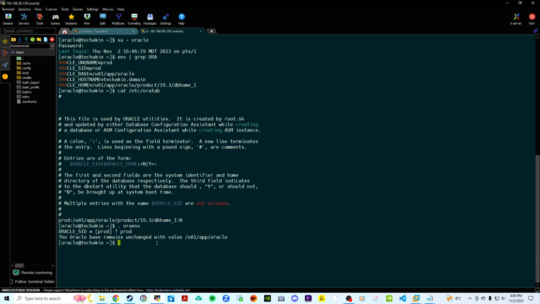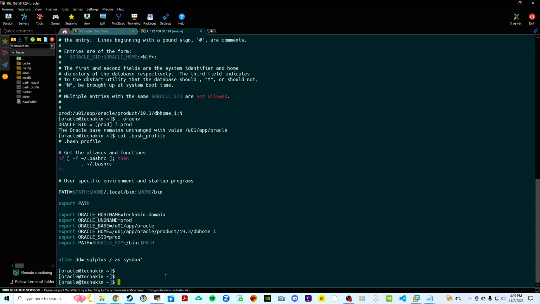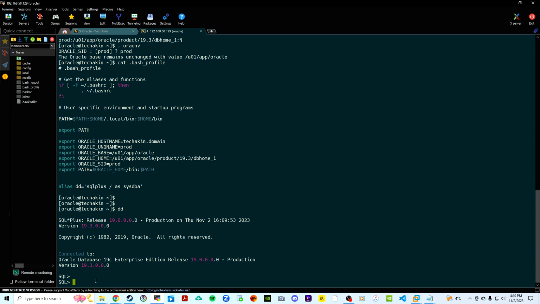Now, if you remember, I entered an alias inside my bash profile. If I cat my bash profile again, I've already entered an alias, which is DD. So anytime I set the environment variable and I enter DD in the terminal, it will go straight to SQL Plus because that's what I set the alias to. So let's do DD from here, and as you can see, we are right inside